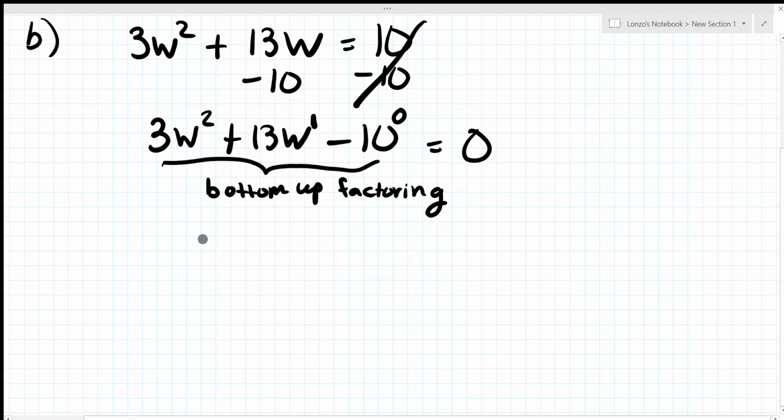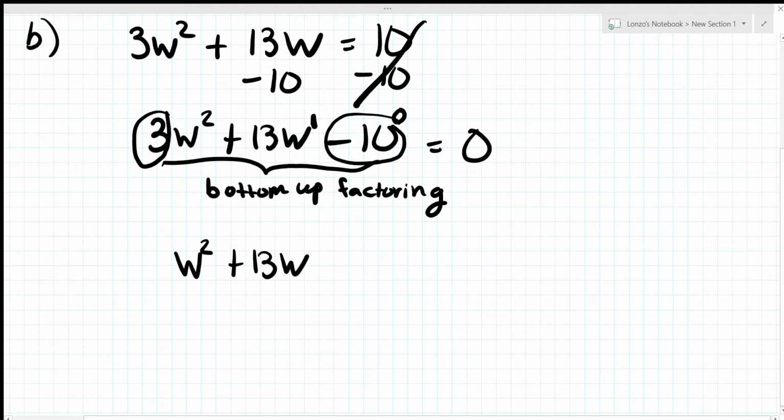So we're just going to rewrite this as w squared. The 13w stays the same. Then you multiply the coefficient 3 with negative 10. So 3 times negative 10 is negative 30